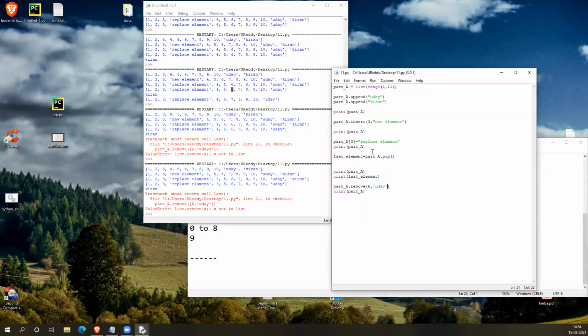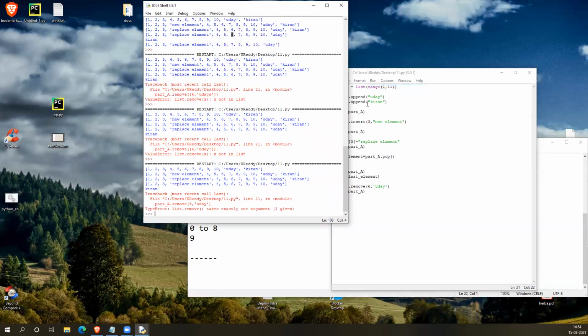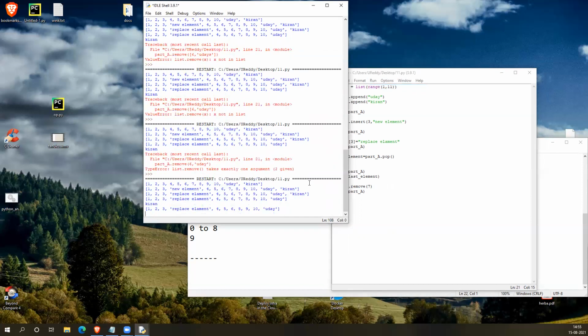Okay, that is right. I'm having nested lists, not a single value. You can provide only a single value. If you provide a list, it should be a nested list which is available there. That will be done. 7 is removed.